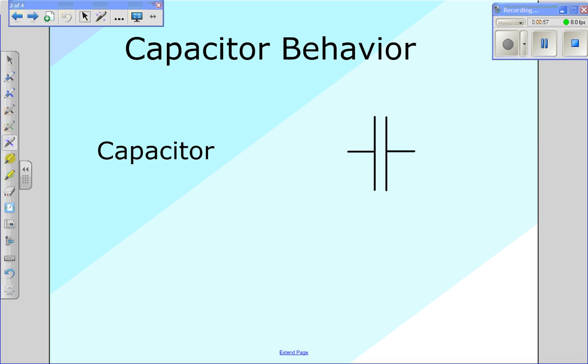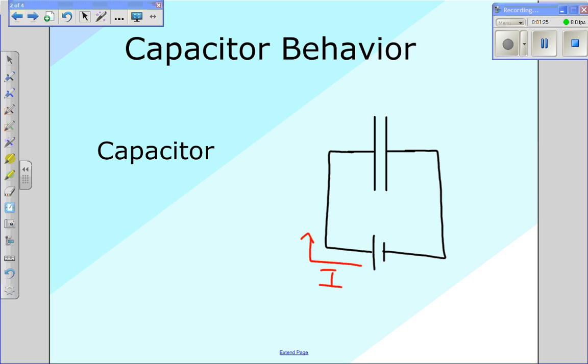So what we're going to do here is imagine that we connect this capacitor up to a battery. I will draw a battery right here and connect it in series with this capacitor. Now, as soon as I connect this to the battery, we're going to have some current start flowing. The current is going to flow out of the positive side of the battery towards the capacitor. That current is going to build up a positive charge, in this case, on the left side of the capacitor. And at the same time, it's going to build up an equal but opposite negative charge on the right side